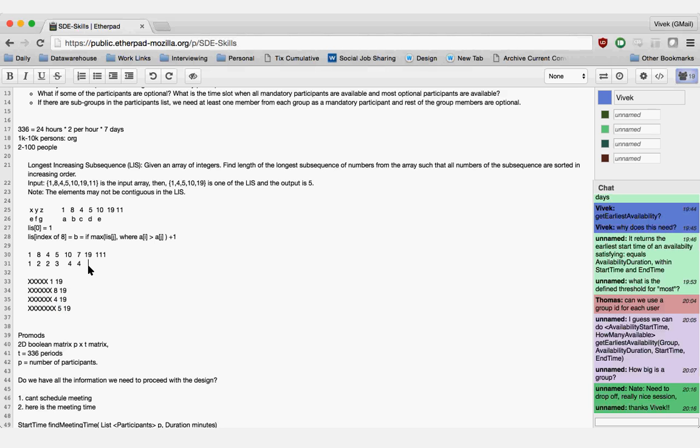So the 2 possible answers here: it could be 1 4 5 10 and 19, or it could be 1 4 5 7 and 19. Both answers are 5. Okay. Correct. And in this case it's 111, right? It was 11 in the previous case, but I mistyped it as 111. So in the 111 scenario, the best case is 6. Yes. Okay. So is there anyone who does not understand how we got this?